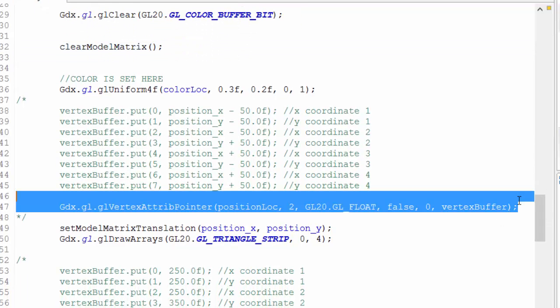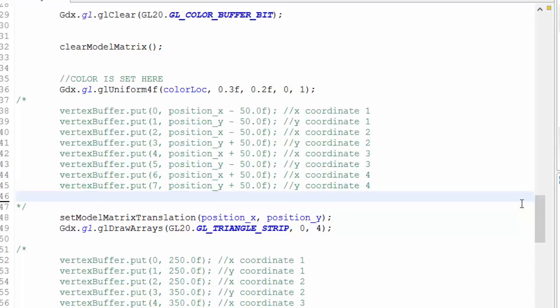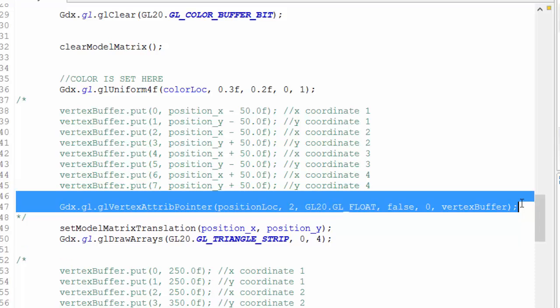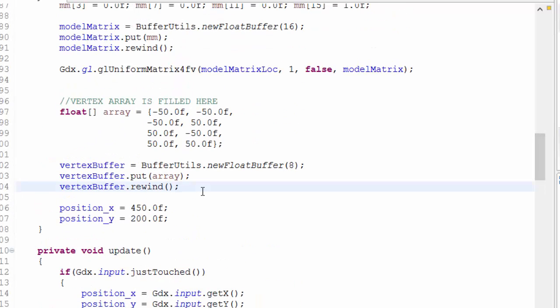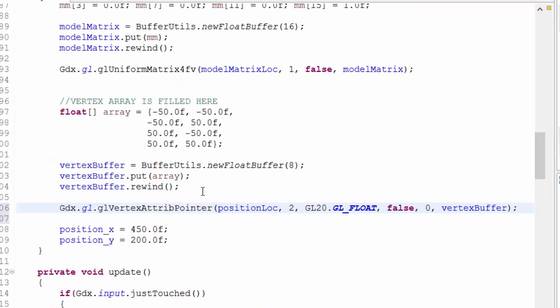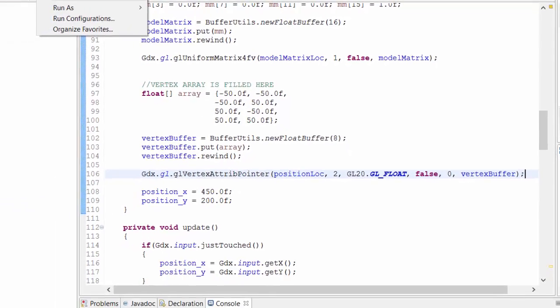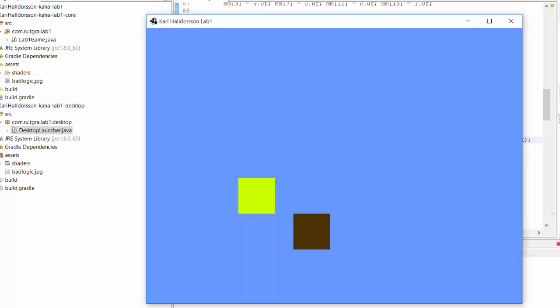Alright, what we were doing wrong is we never actually called it. Obviously we at some point have to tell OpenGL where it should be pointing, and so we get this. Alright,